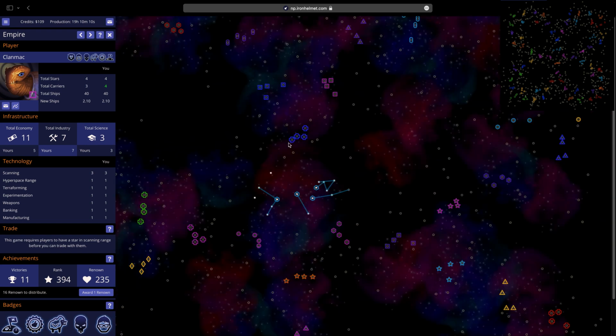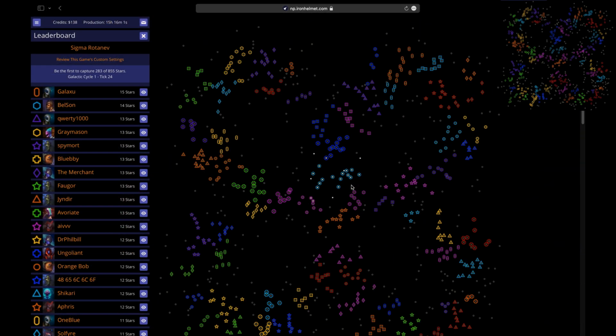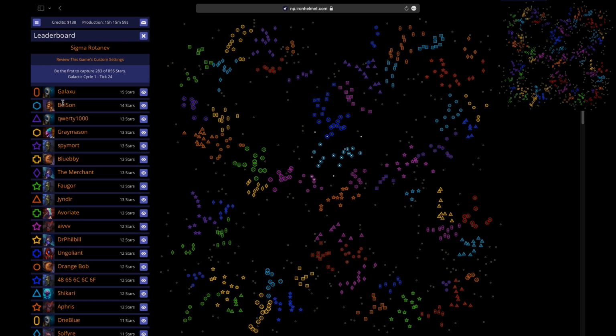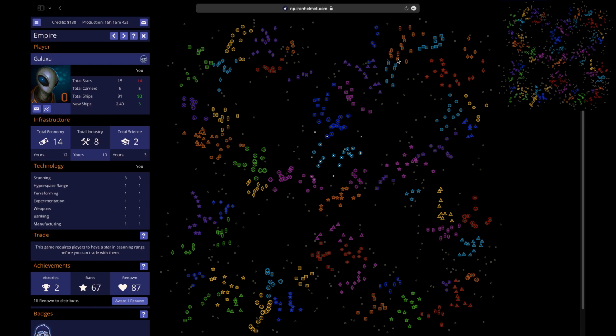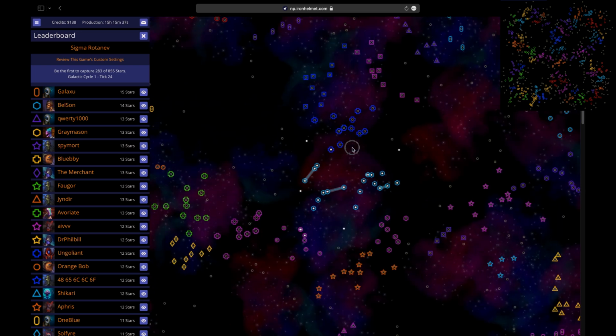That's our initial gameplay. Attack Ungoliant and ally with the fleet, and we'll see how things go from there. One day into this game, and as you can see, based on the leaderboard and the star positioning, I haven't done too poorly for this start. I'm only second with 14 stars, one behind the leader who's currently got 15 stars, and that player is up